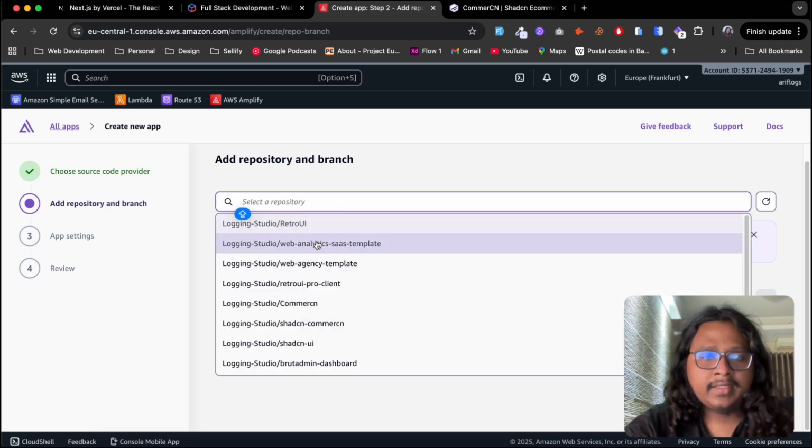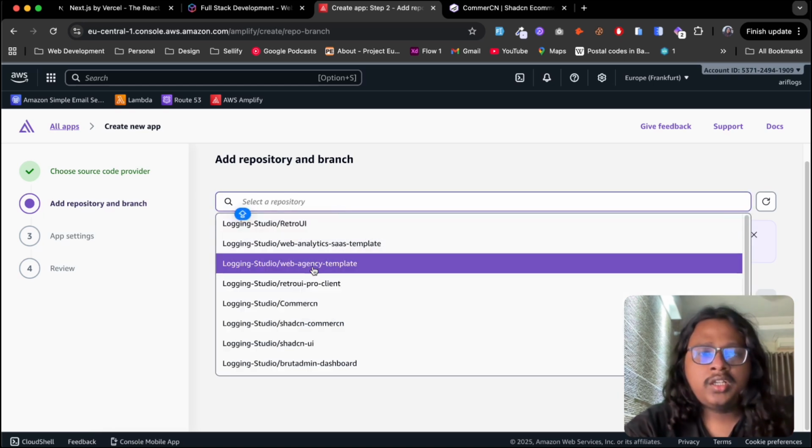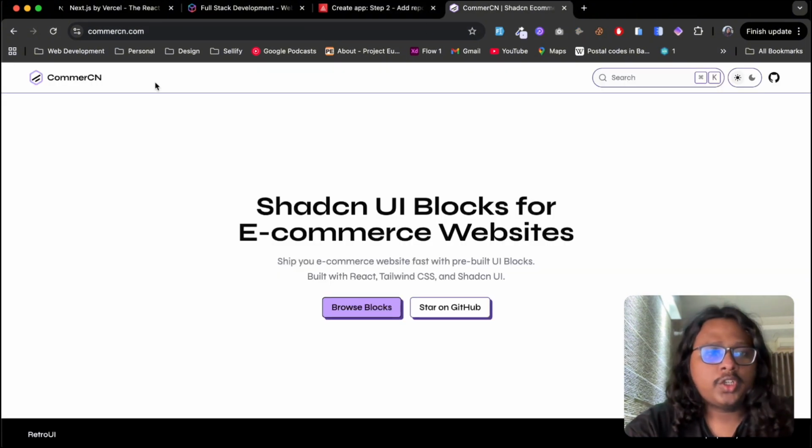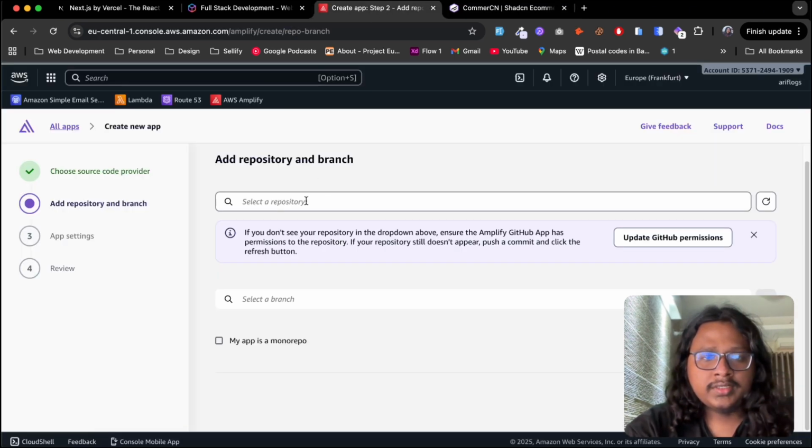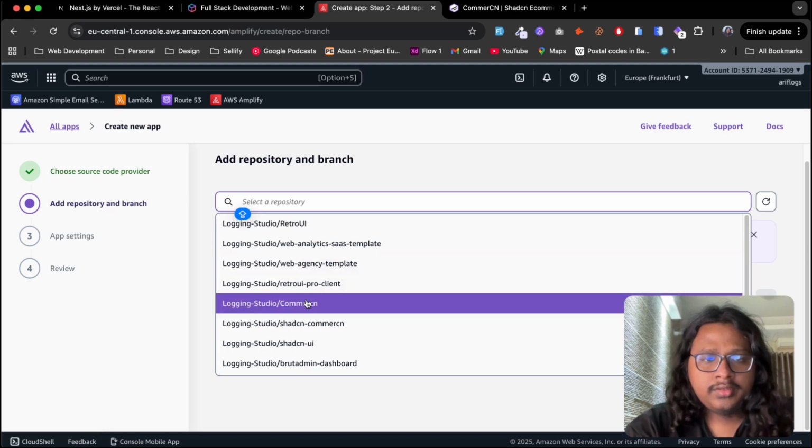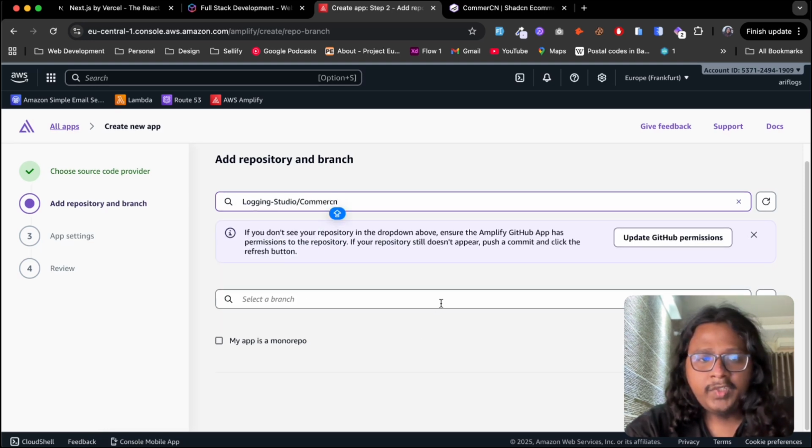And from here I can connect my GitHub repository. I have already connected GitHub with AWS before, so it directly took me here, but in your case it might ask for the connections and all that. For this video I will be using Commercian as an example, which is one of my open source projects. So I'll just select that, this branch, main, next,